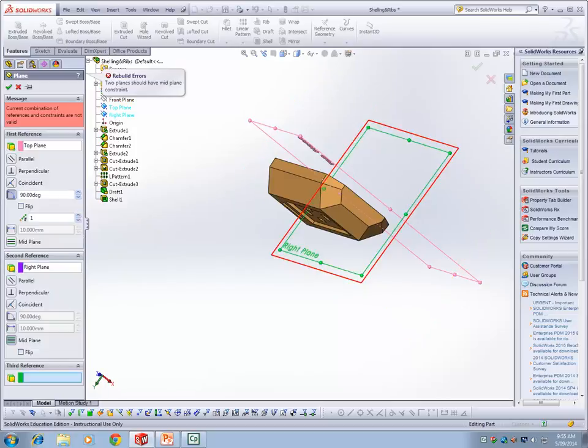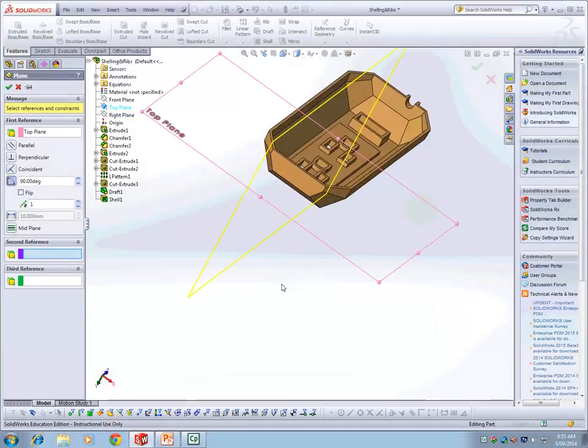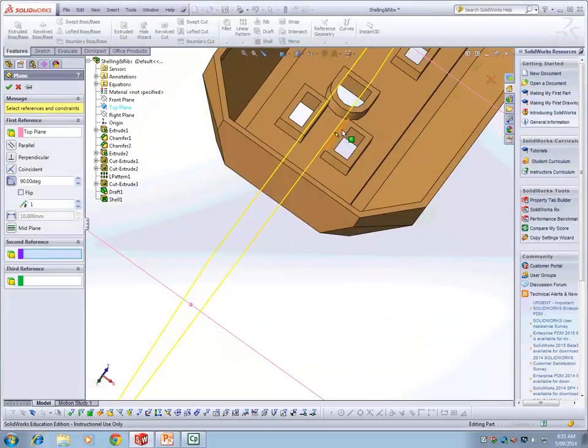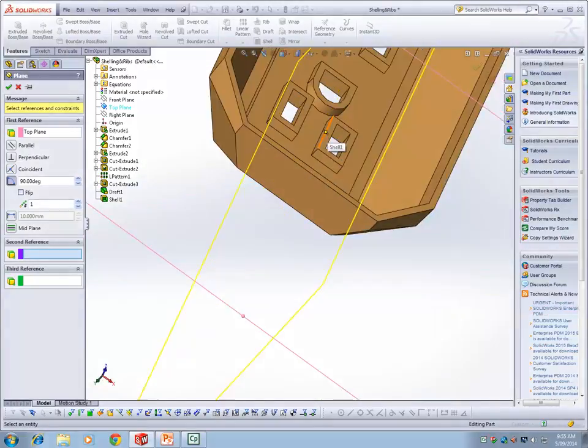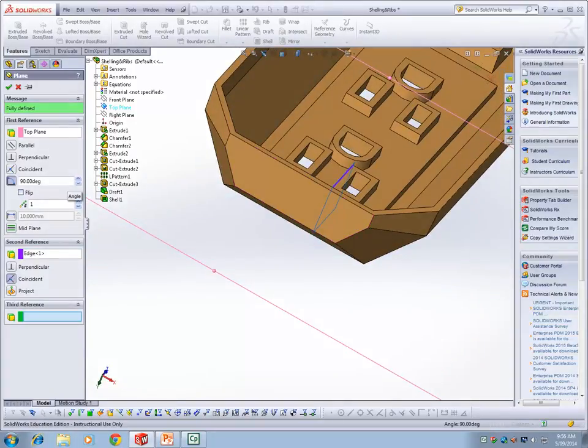Sorry, I'll just delete this one. I'll use an edge instead. Second reference, that edge angle. So my plane is actually now